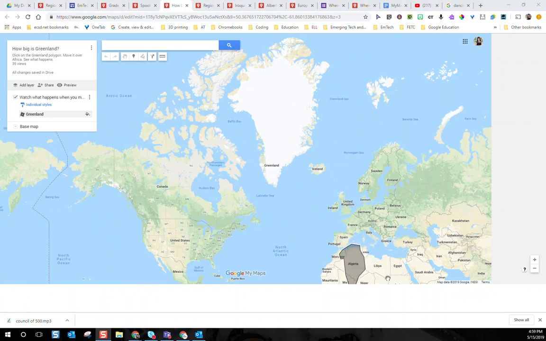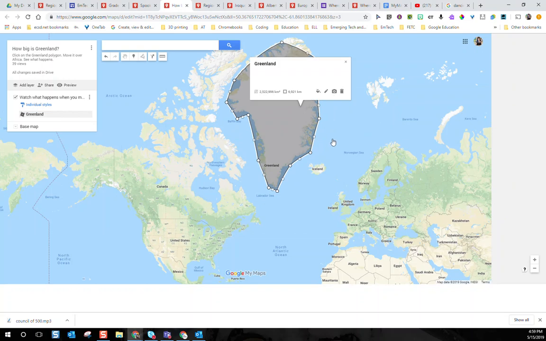And as I drag over top of, say, Africa, look what's happening. It's like barely the size of Algeria. Yeah. So Africa is actually 14 times bigger than Greenland. And the map projection that we use, taking the globe and trying to make it into a rectangle on a map, it skews the poles, right? So, absolutely. What a really great numeracy activity for students, being able to use maps and look at those different sizes.